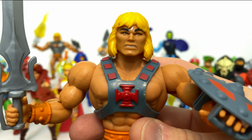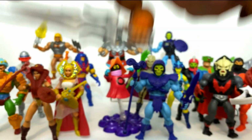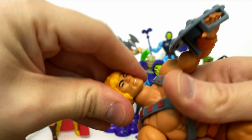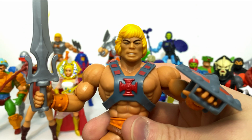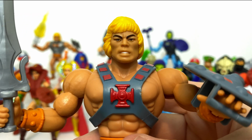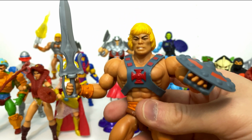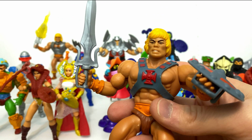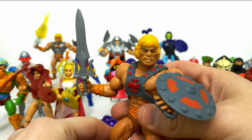It ends up being not quite as refined as it would be later, but if we pop the head off and we add the new battle armor head, then I think He-Man actually becomes a top 10 level figure because this is such a great homage to the original, and I think it really transforms the entire look of the figure. However, I have to go with how the original release is, and in that case, He-Man is at number